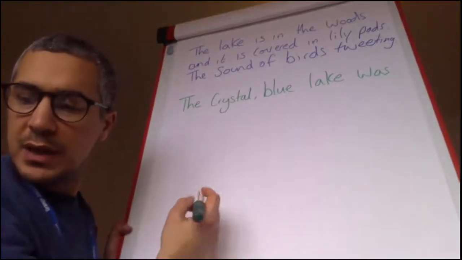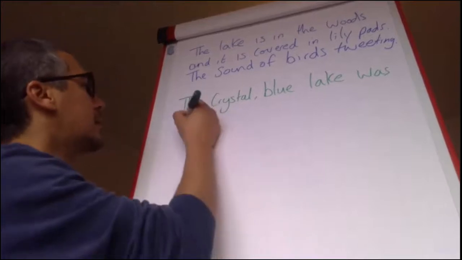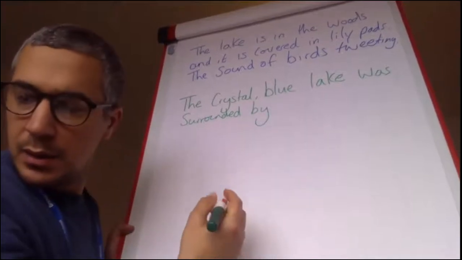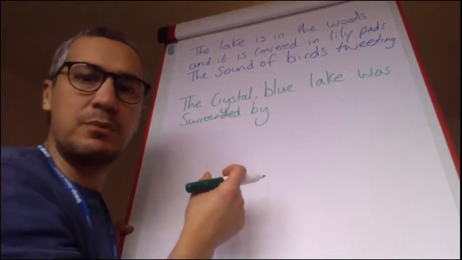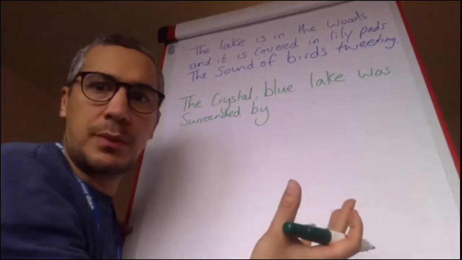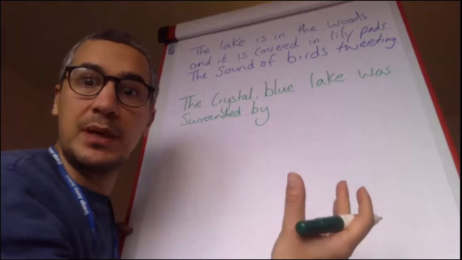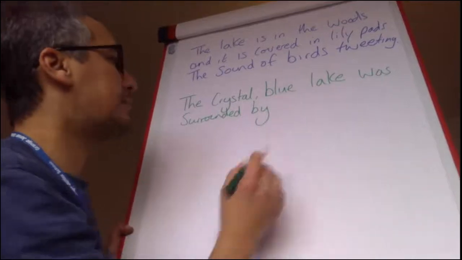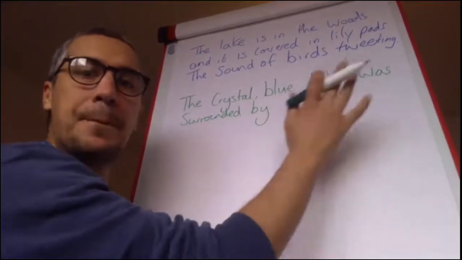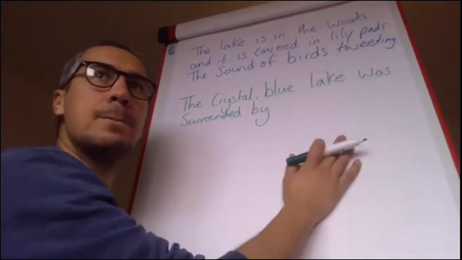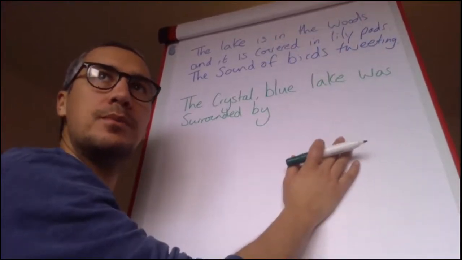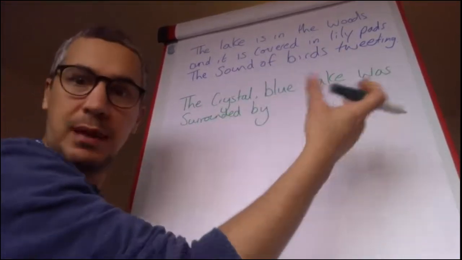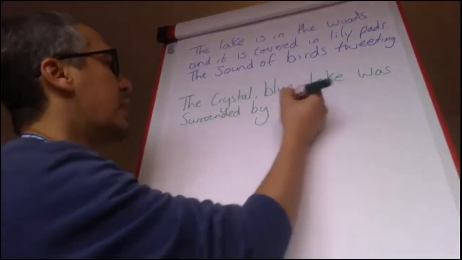was, so rather than in the woods, why don't we say surrounded by, let's see, surrounded by woods, forest. I mean, what are we talking about here? We're talking about trees, right? So why don't we come up with a name for the trees? So what trees do you know? You could say the crystal blue lake was surrounded by large cherry trees, powerful oak trees, willows. Willows would be great, wouldn't it? Was surrounded by the large branches of willow trees. That'd be fantastic. Okay, I'm going to go for surrounded by